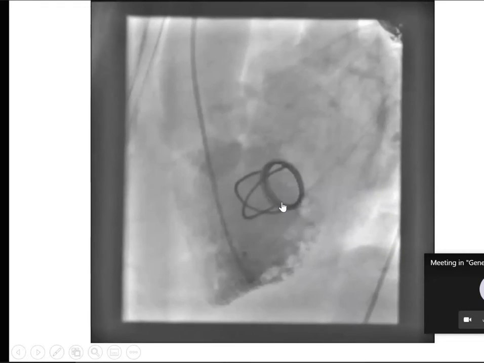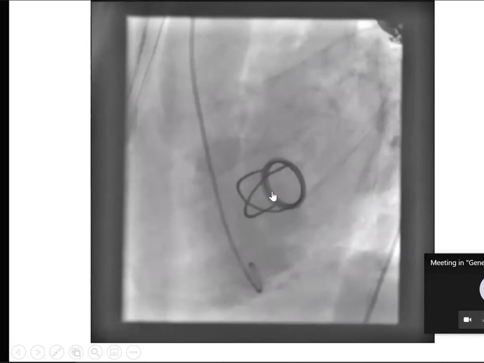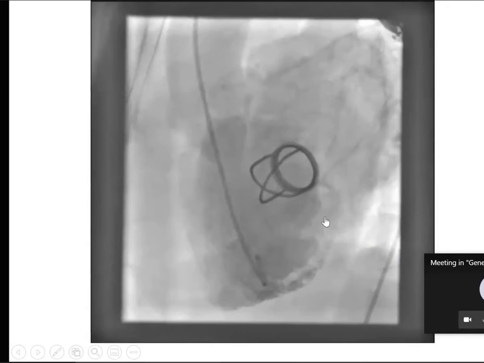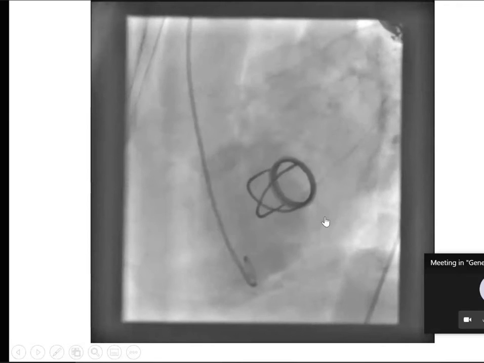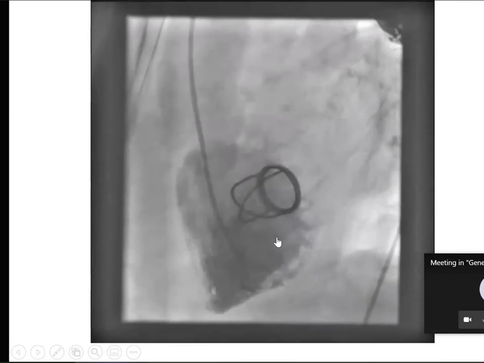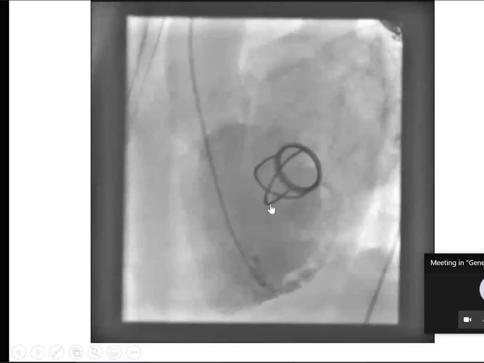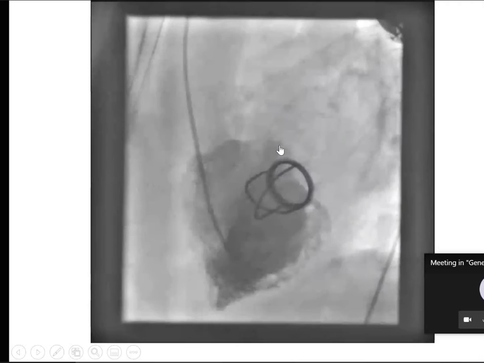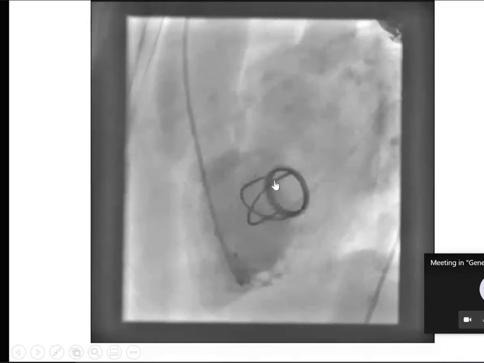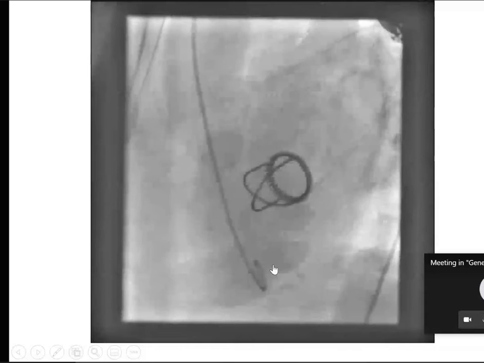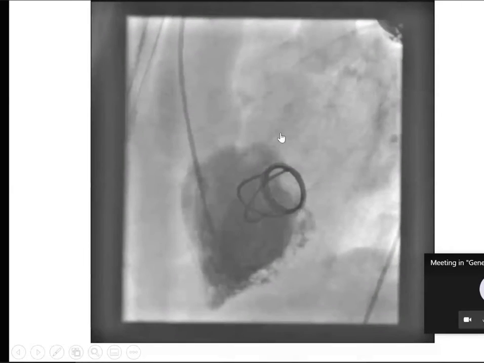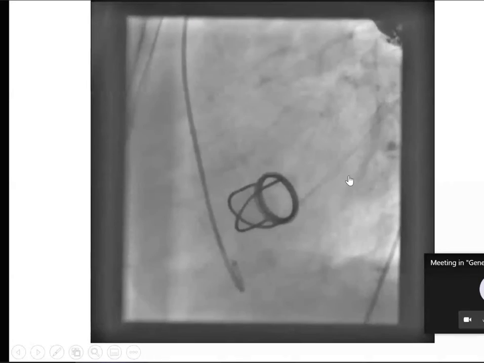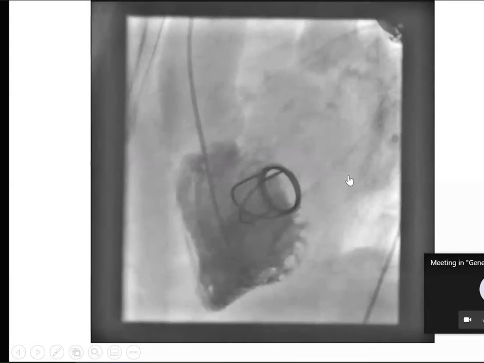What is this? This is a mitral position ball and cage. Sir, severe paravalvular leak is there. Yes. I don't know whether it is severe, but there is a significant paravalvular leak. You can see the jet which is filling the left atrium. The lateral view showing the ball. There is a paravalvular leak.